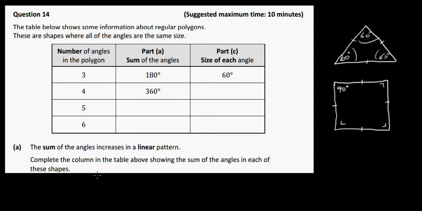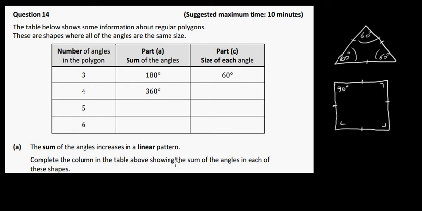Okay, so we've got three columns here. We have the number of angles. In this column we have what you get when you add up all the angles, and then we've got the size of each angle in this column here. So actually I've already done the first one here. Here is going to be 90 degrees. But the first question actually asks us to